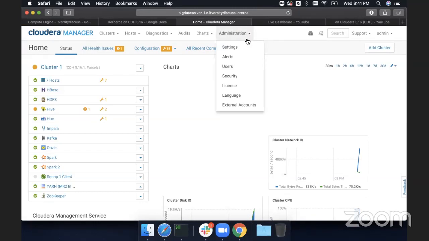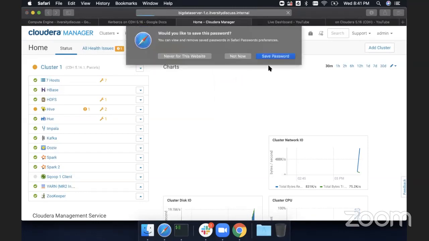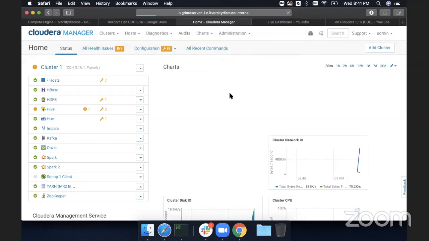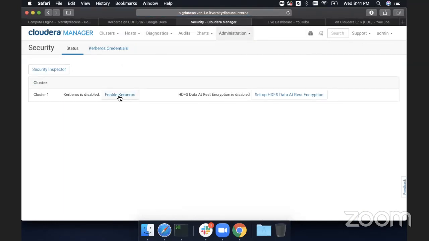If you go to Administration and then Security, you will see the Enable Kerberos option here. Don't click and proceed further. I will click and explain what it is all about at this time, and we will come back to this at a later point in time. If you click on Enable Kerberos here,